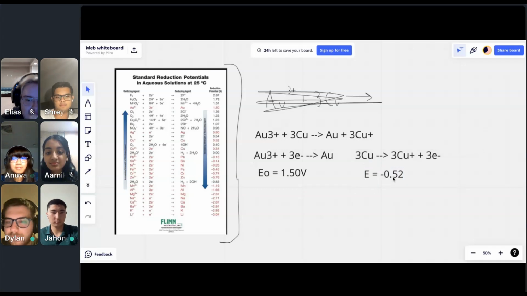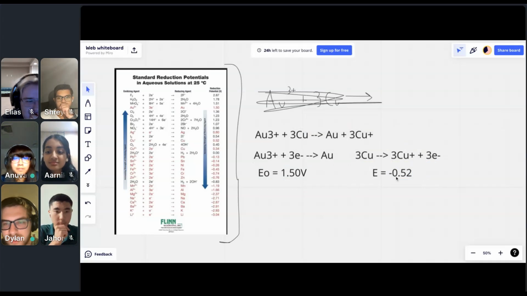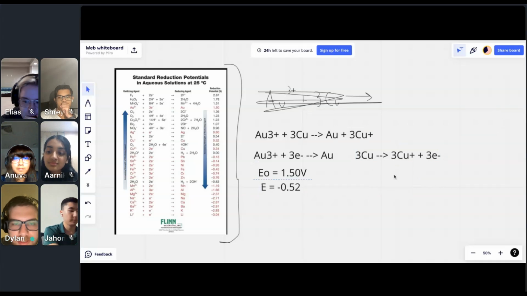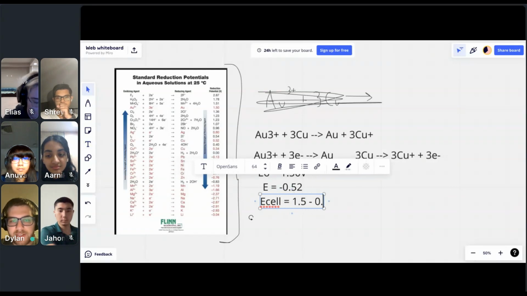And I just want to confirm from y'all, because it's been a minute since I've done this. Do I have to multiply this by anything because this is multiplied? I believe not. No. Okay, perfect. So the next thing we're going to do is add together these cell potentials to find a total cell potential, right, E cell of 1.5 minus 0.52, which is